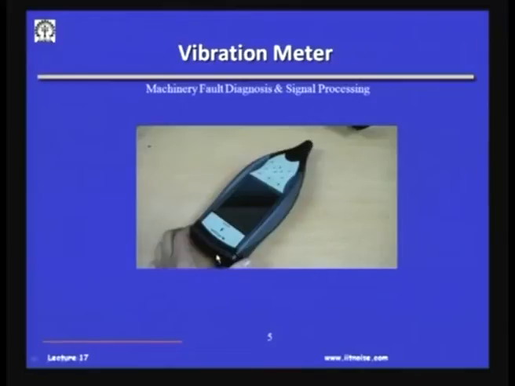All you have to do is with a cable attach your accelerometer to this. Okay. So, all the electronics in terms of the signal conditioning is here, and on this screen you could see the spectrum of the vibration or the velocity or the displacement. You could put a filter, so that if you say I am only interested to know the vibration from 100 to 1000 hertz, you can very well do that, and this will display the overall vibration level in the meter. Okay. This is a digital vibration meter which is pretty recent, and we have just acquired it in our lab.